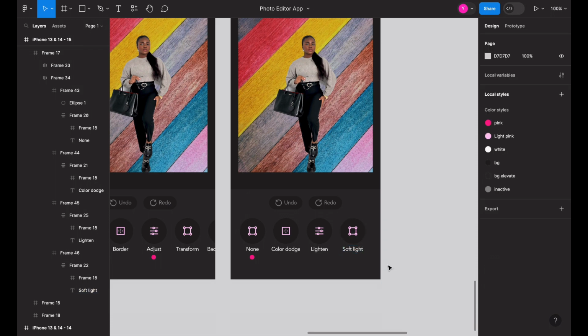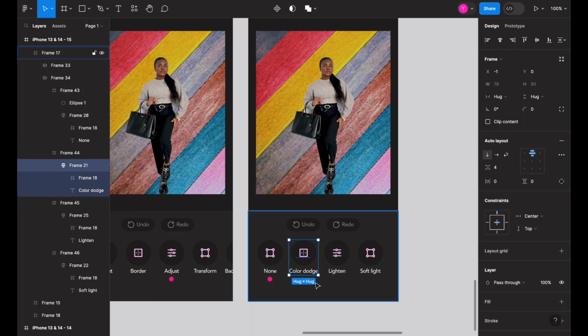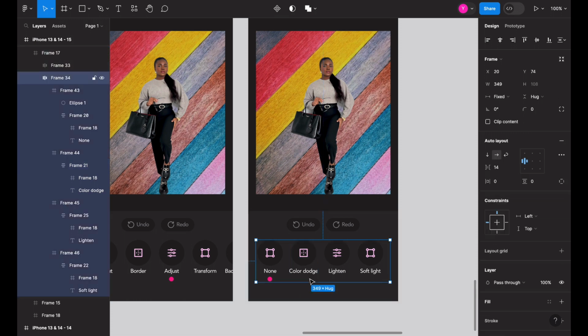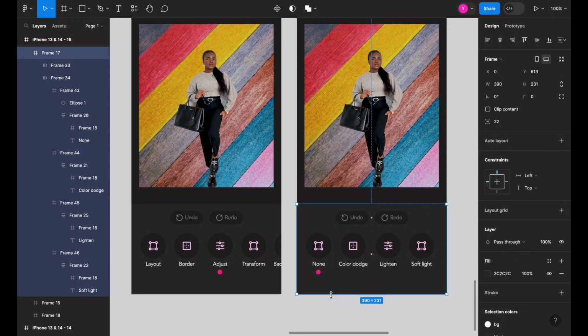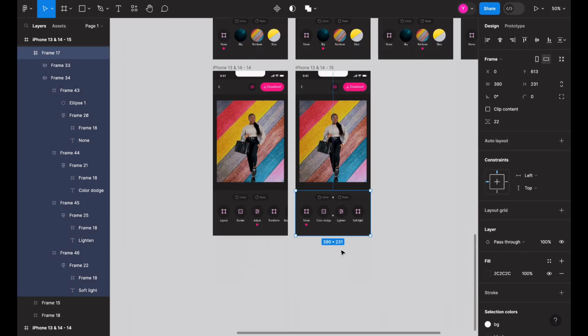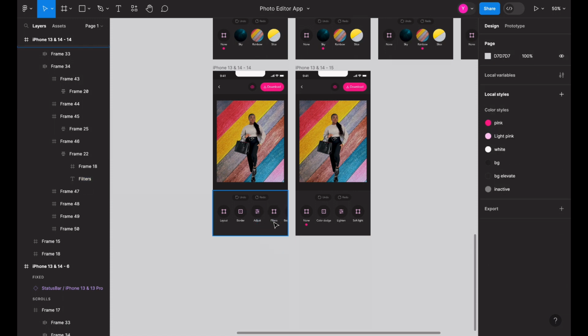So let's do soft lights. Alright, so now this color dodge is kind of breaking, so the E is breaking, so we just want to move this a bit, give it a little bit more space. Yeah, that's fine. So when I click on color dodge, or rather when I click on filters, let me just change this to filters so I don't need to start moving things around. When I click on filters,